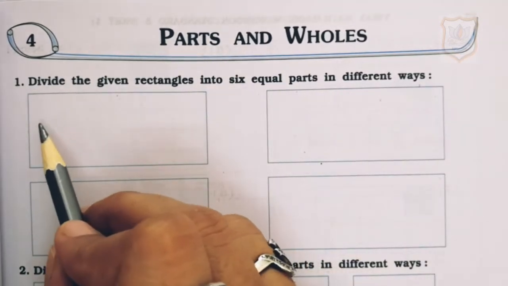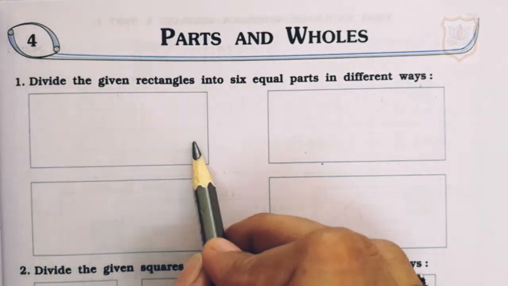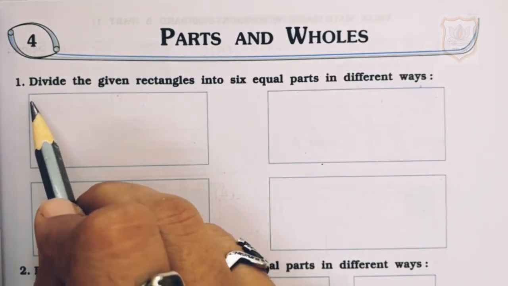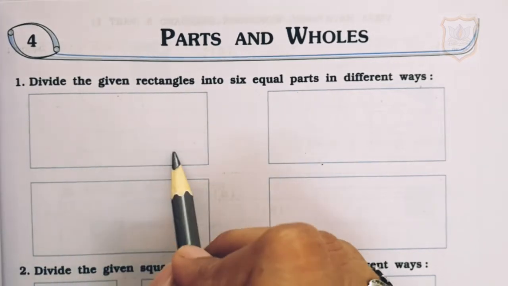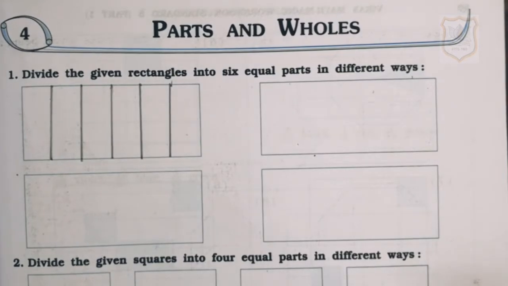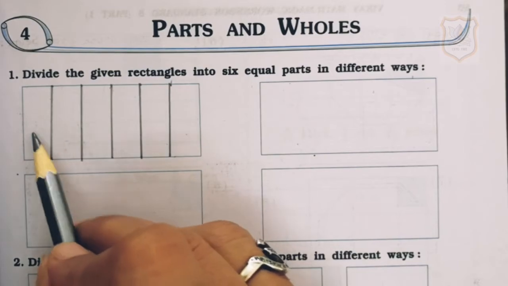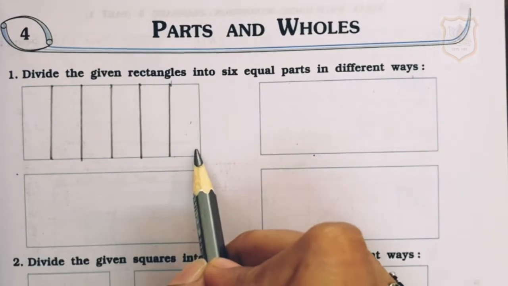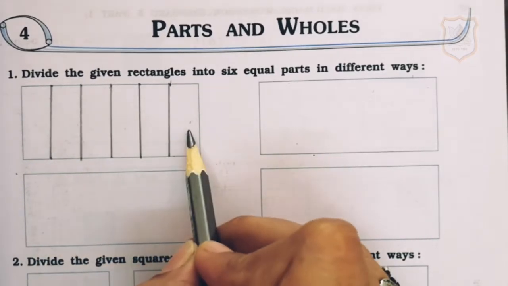So what we will do, we will make here 5 standing lines. To divide this rectangle into 6 equal parts, we will make lines with the difference of 1 centimeter. 1 centimeter के difference पे आपको यहाँ पे 5 standing lines draw करनी है. So students, in this way we will draw 5 standing lines with the difference of 1 centimeter and we will divide this rectangle into 6 equal parts. Now here there are 6 parts, 1, 2, 3, 4, 5 and 6.